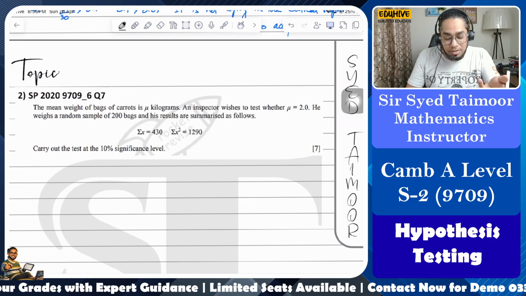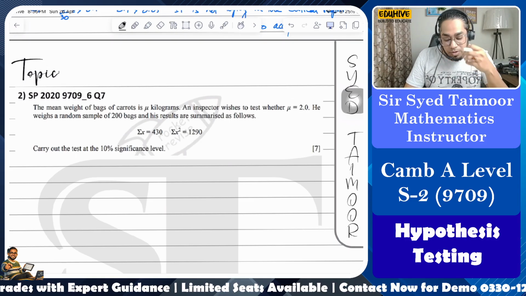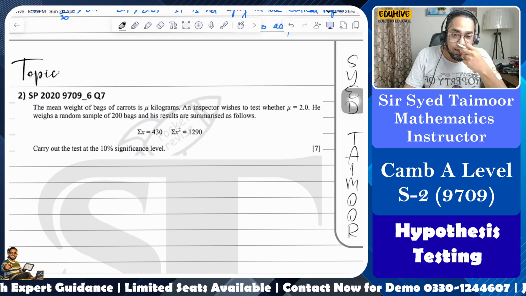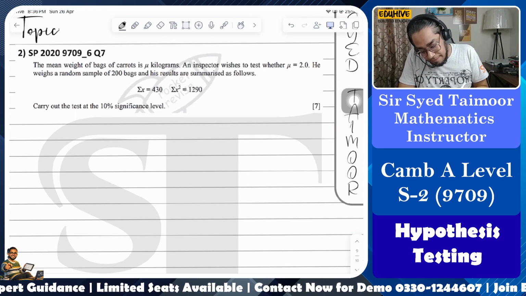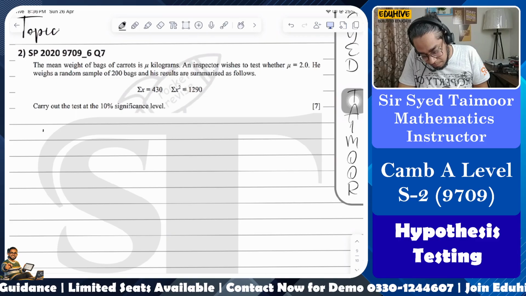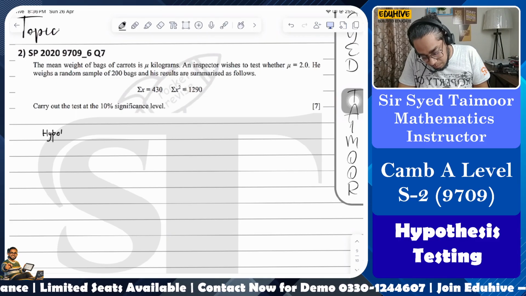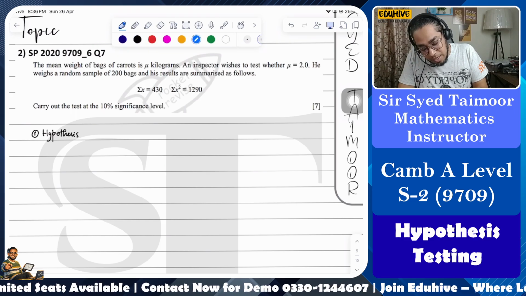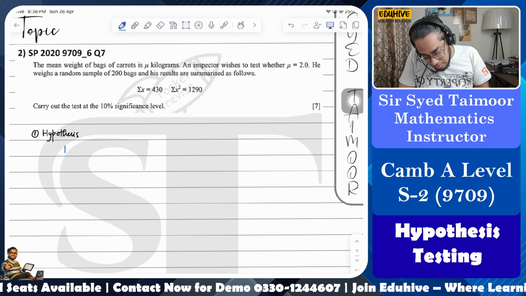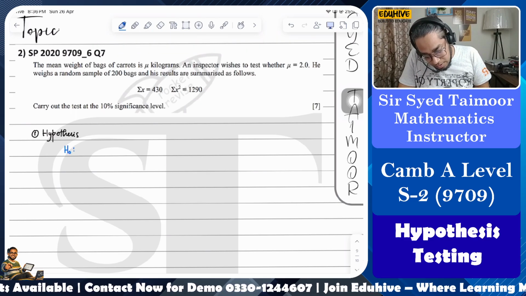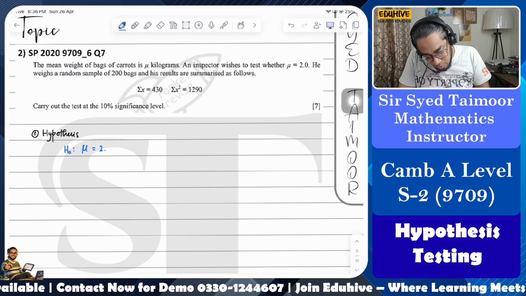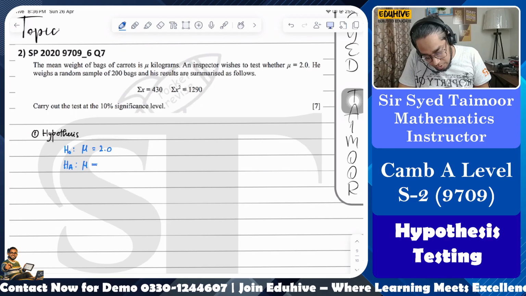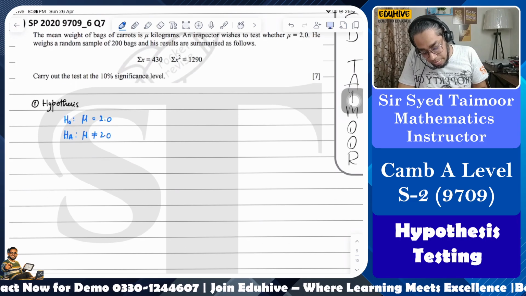So we can say that it's not equal to, because it did not tell me less than or greater than. First step is the hypothesis. Then H0 is mu equal to 2.0 and H alternative is mu not equal to 2.0. Second step is